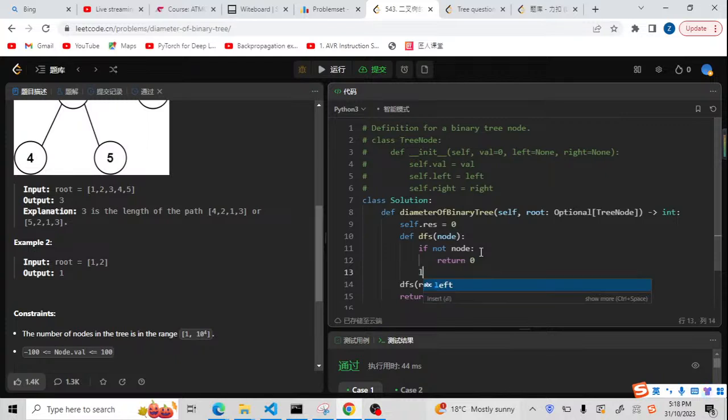Now I'm gonna check the left and the right side. So this means I have a node. So it's gonna be the DFS of node dot left and DFS of node dot right. But for this function, what I need to return is the max of L and R plus